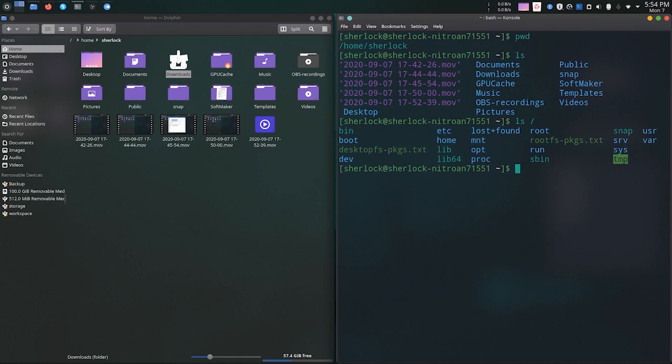So in this way you can list out the files that are present in other directories without moving into other folders. As you can see, terminal is giving us the advantage to look up the other files without changing the directory. For example, let me show you. In the GUI version you can't see the root files without navigating through root. That means without clicking root you can't see the files that are present in root, but in terminal you can do that.